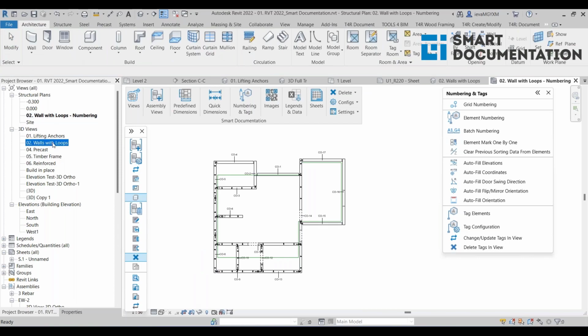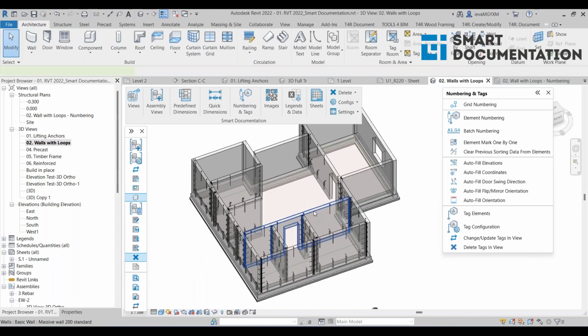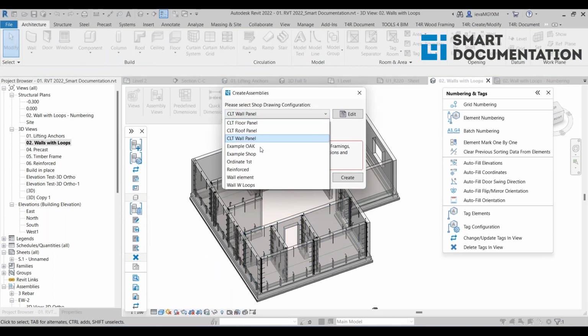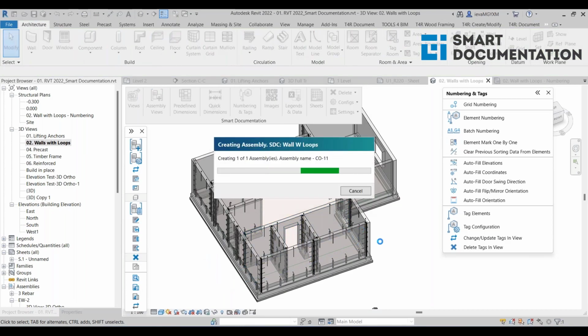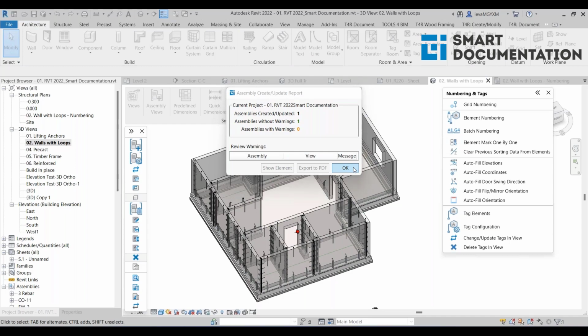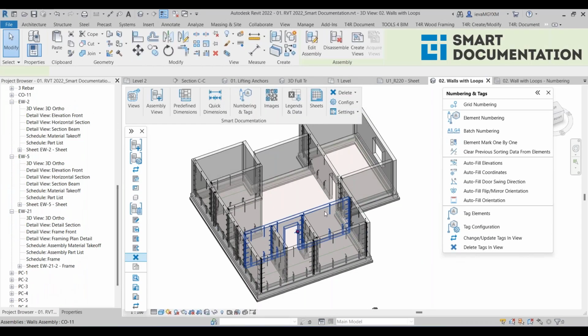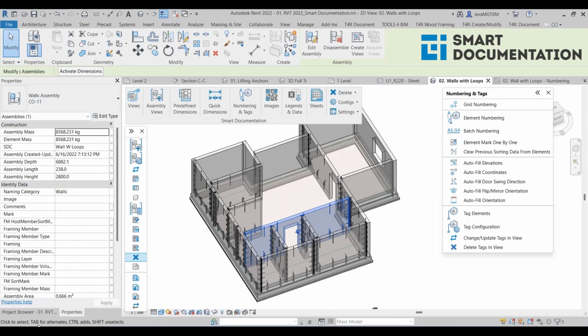And now, of course, once the walls are numbered, we can again just create an assembly for this wall, and again we can choose a different configuration. Okay, so now the assembly is created, and let's take a look. This is a CO11,